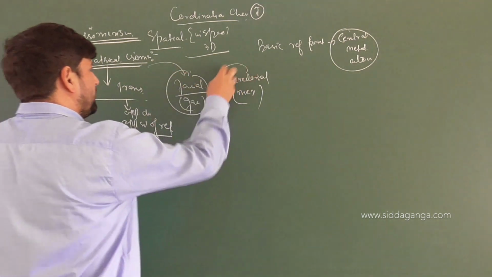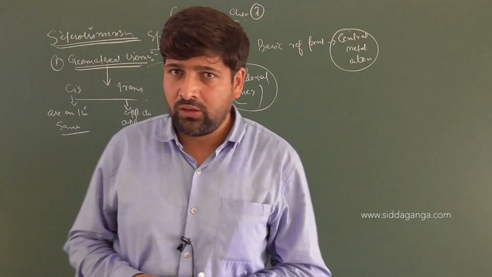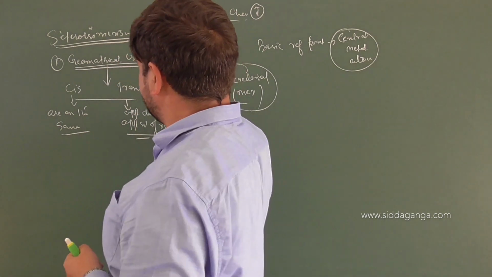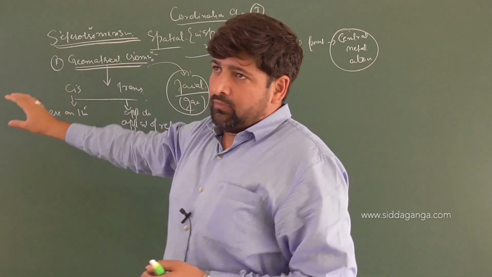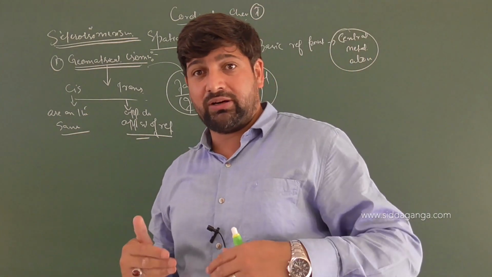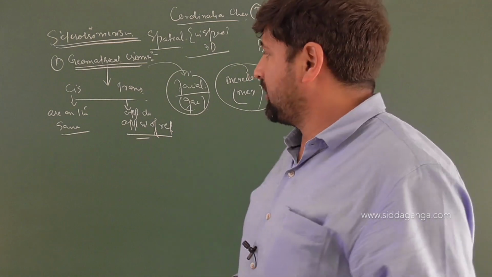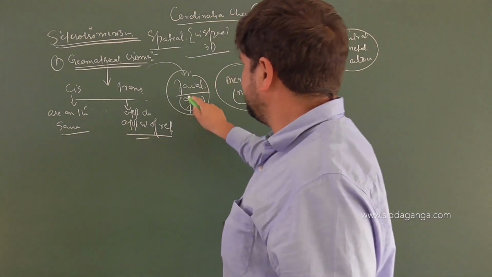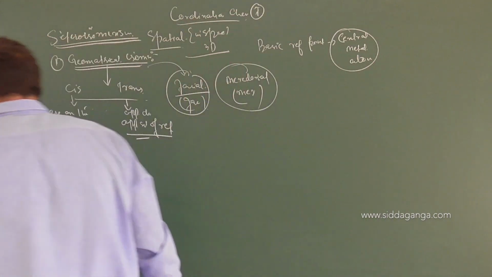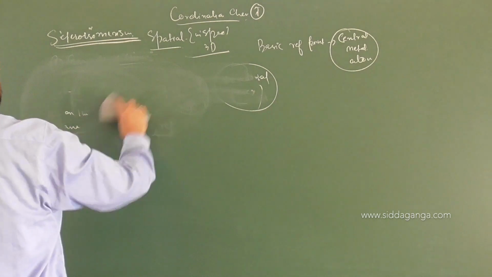Now facial and meridional isomerism, when the discussion comes, we will discuss it. Clear? Now this is the basic definition. Geometrical isomerism, we need a reference. Like in organic chemistry, we need a reference. The reference is the double bond. Around the double bond, how are two similar atoms arranged on the same side or opposite sides of the plane? So we have cis and trans conformation. Then you have facial and meridional isomerism. Now we will take coordination numbers one by one and discuss different types of geometrical isomerisms that are possible.